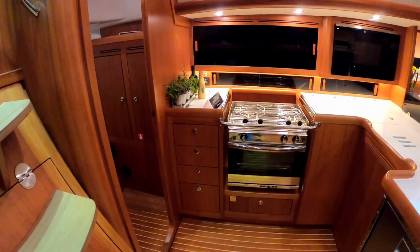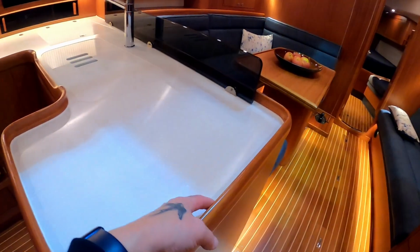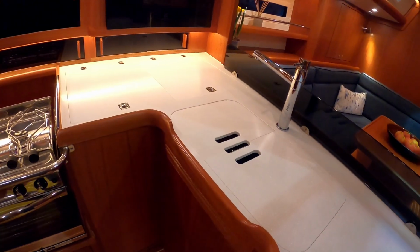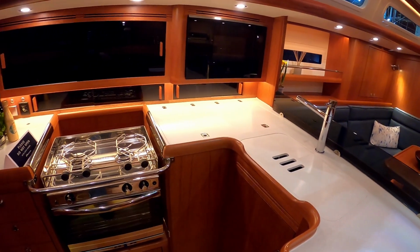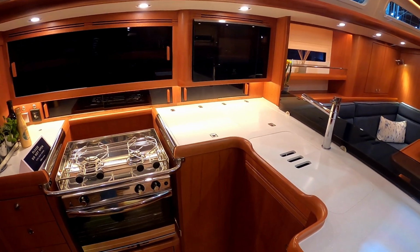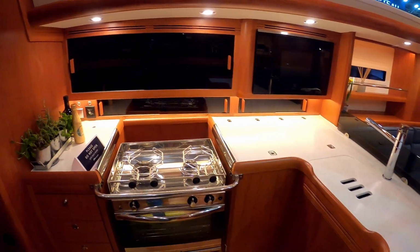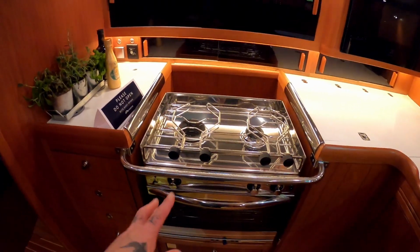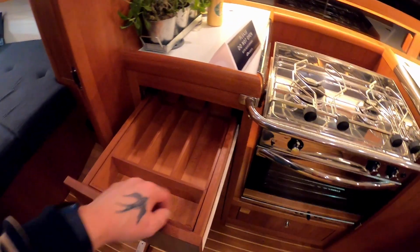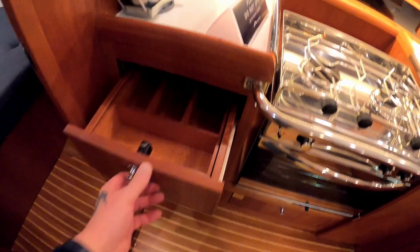Okay, port side, you have an L-shaped galley. Really nice fiddles, so you know, coming forward and so on. If you didn't see it, we actually picked up and delivered an Arcon 400 from Palma this last year and got attacked by orcas, so I'll leave a link for that up in the corner. Two gimbaled burner stove, gas, and once again real wood drawers and stuff,